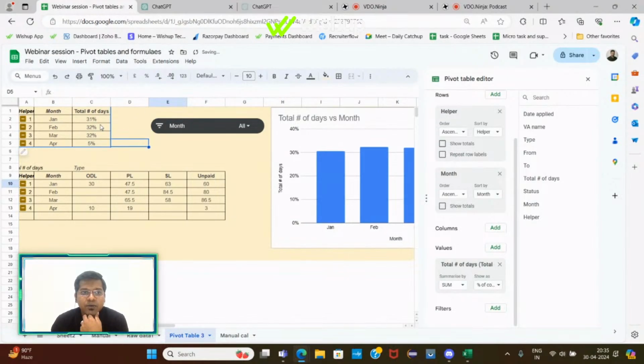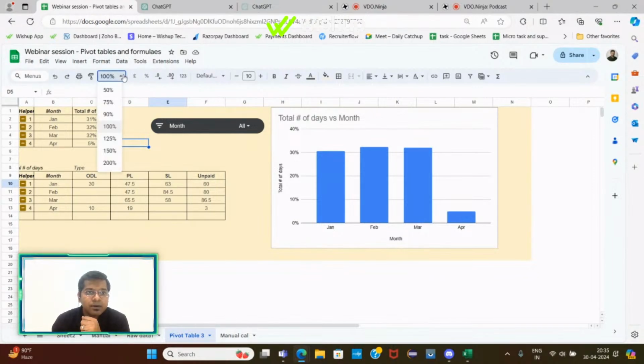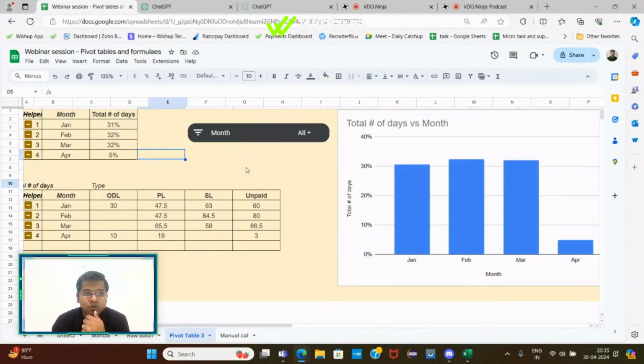So initially, I was counting it. I was looking at the exact values, but at times when you look at the data with percentage values, it makes more sense to you. So if I look at the data, this will make more sense to me right now because my data is evenly distributed here. So the very purpose of doing data analytics is to find out insights. So once your client or your reporting manager gave you a data set or asked you to do this exercise, the very purpose of this exercise would be to find out insights, inferences,